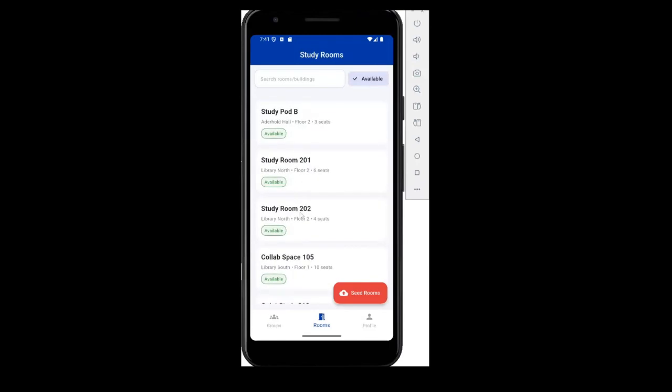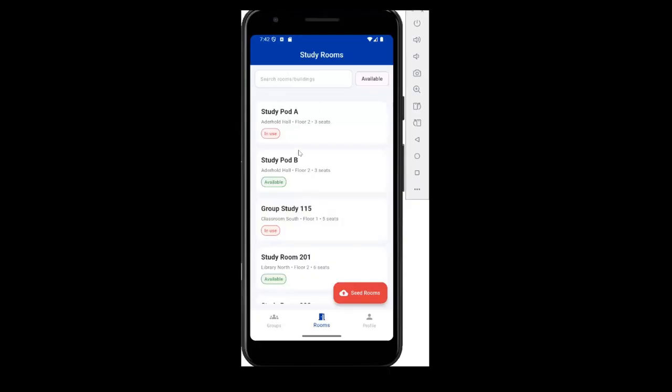So I think I want study room 202 here. So I'm going to click it. And now, because it's no longer available, if I scroll down to study room 202, it's now in use because I actually have the use for, you know, group study 115. And if I click it, I can make it available again. When I'm done with it, I can click it again and show that it's actually available for all the other